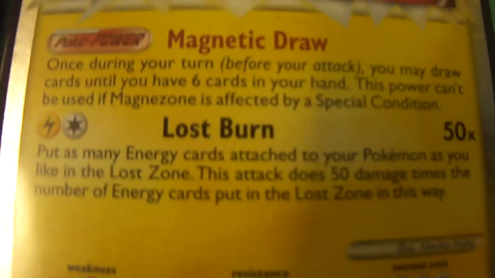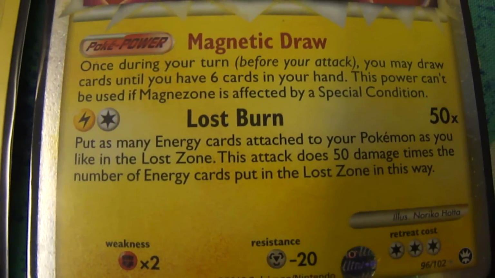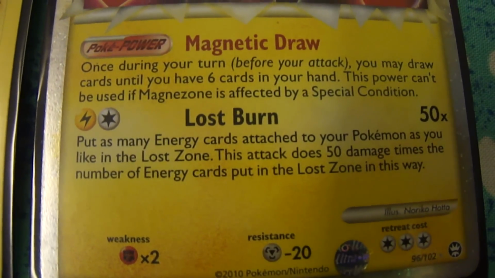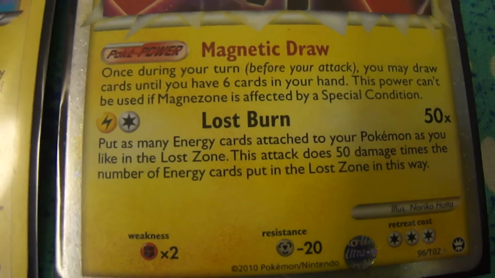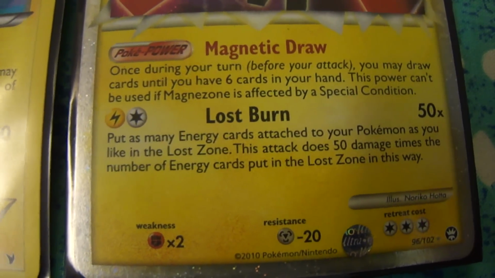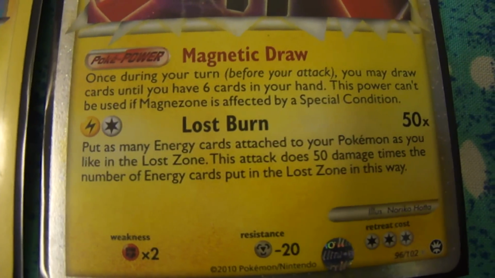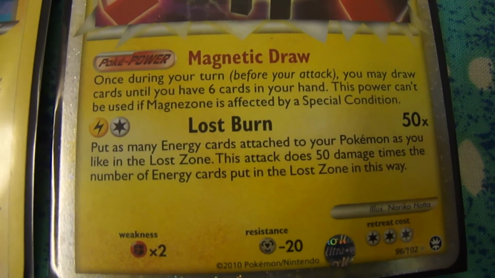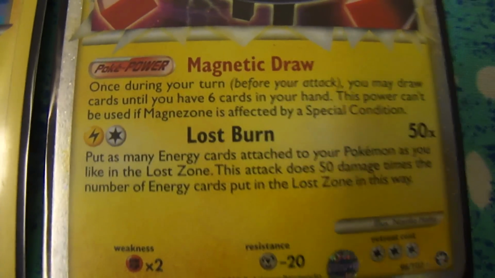Magnezone has an attack called Lost Burn, which hits for 50 damage for each energy card you put in the Lost Zone. It's a one-hit knockout beast, which makes him and this deck very powerful. Aside from his attack, Magnezone also serves as a draw engine with his Poke-Power Magnetic Draw. This ability allows you to draw cards until you have 6 in your hand,